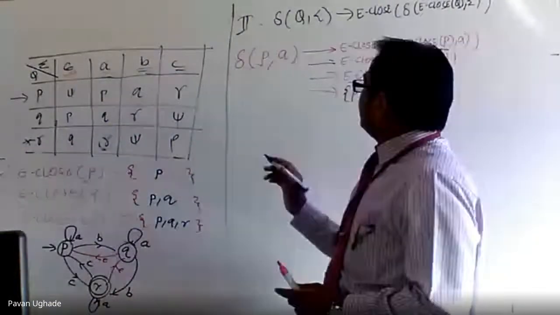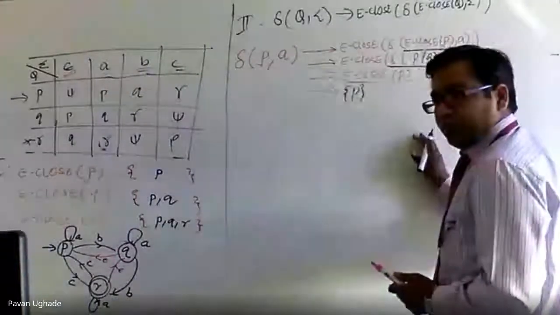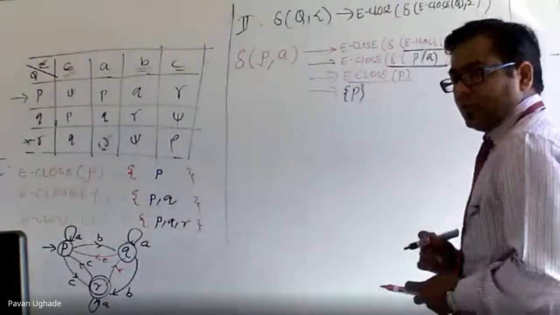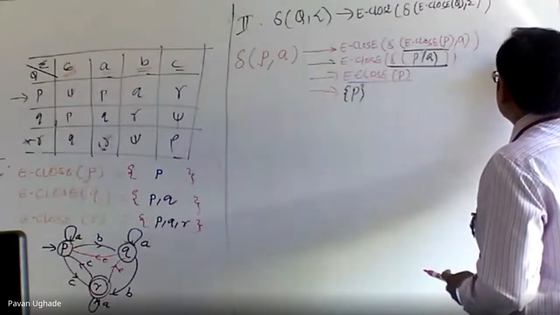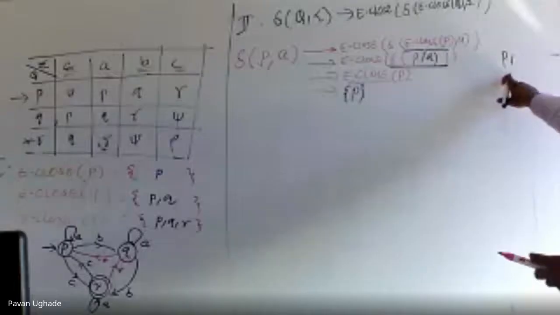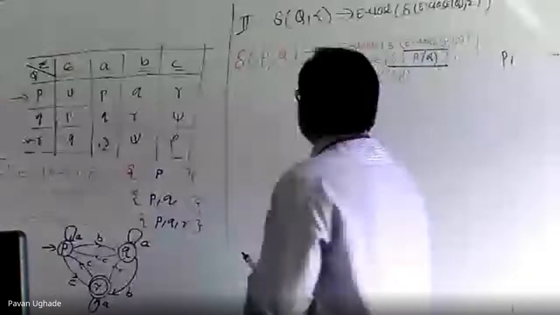Okay, so I'll do one thing. I'll make Q over here. I think this part is visible. Yeah. Okay. So we'll maintain P, as I start with P and I have got P. So there is no need of adding further states. Okay, so I'll go ahead with the another.